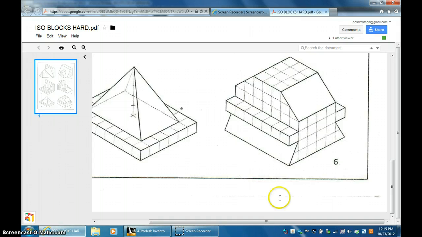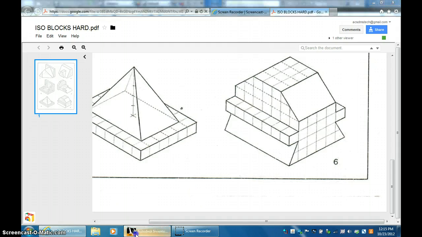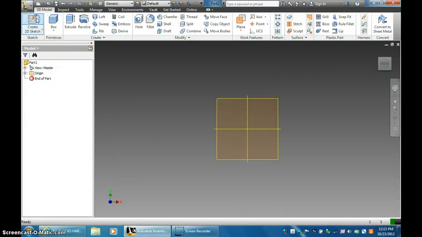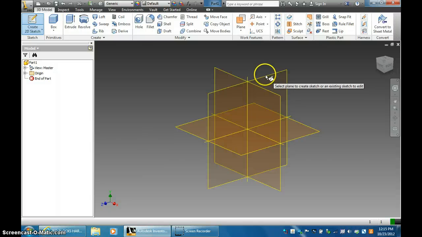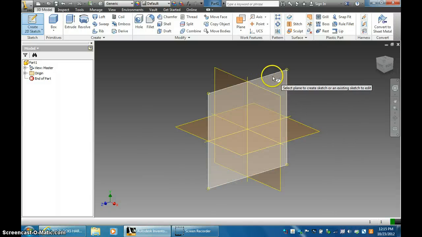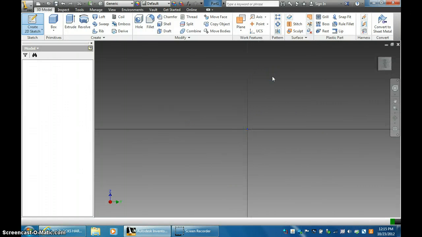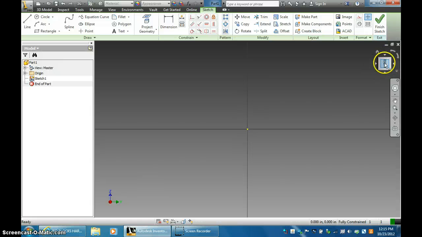Now this drawing doesn't have to be done from the front. It might actually be easier to draw it from the right side. So that's what we're going to do. So I'm going to go into Inventor and create a 2D sketch. And I'm actually going to select the Z plane, or the right side plane, to draw this. And it flipped over like that. I don't like that. I don't know if yours will do it automatically, but make sure the right is reading